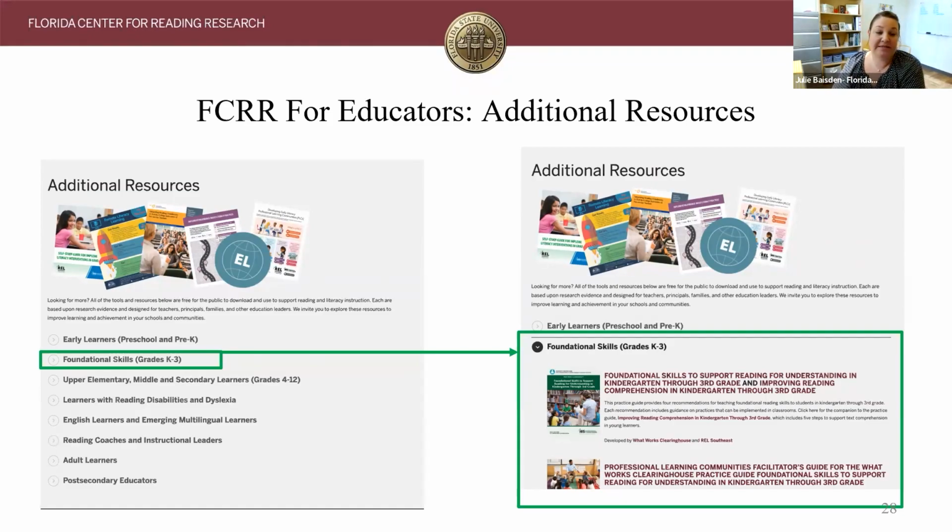And what these practice guides are, is they are deep dives into the research behind what works. And there's a lot of content within these practice guides. And so they are set up in a way to be used as a PLC. They have a facilitator's guide. They have videos embedded.